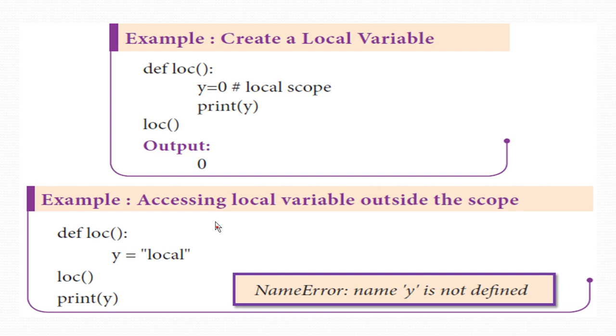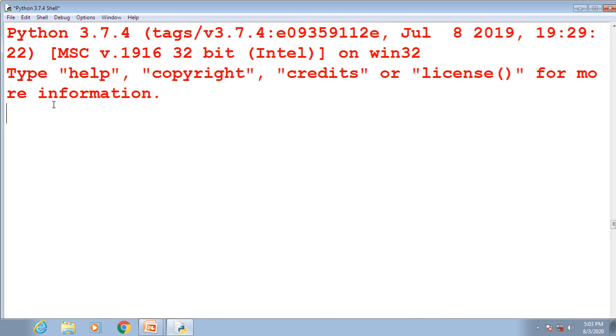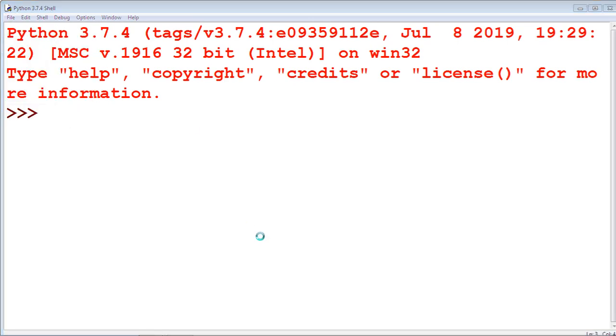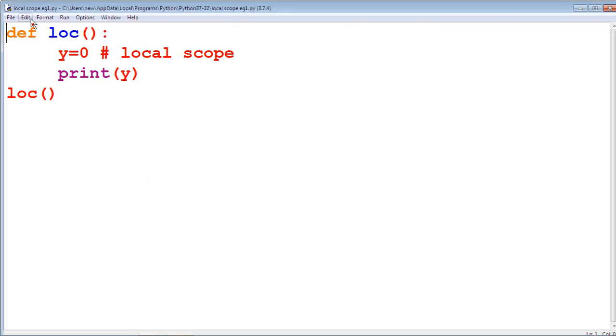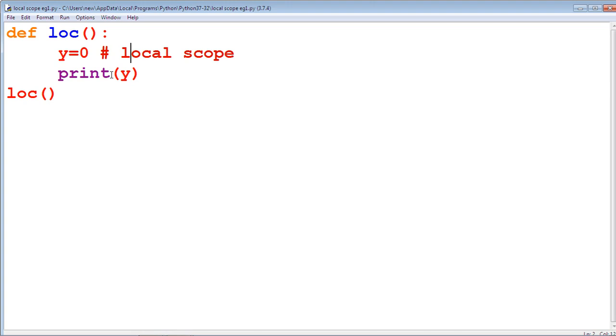Here we are going to see this using the IDLE window. Open the local variable, local scope. Here y is defined inside the function, so y is called local scope.